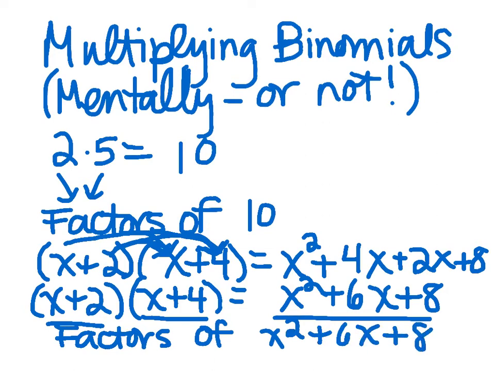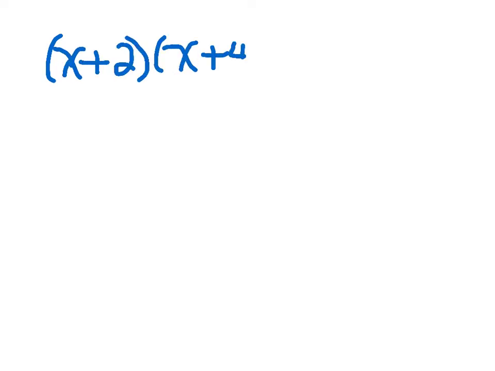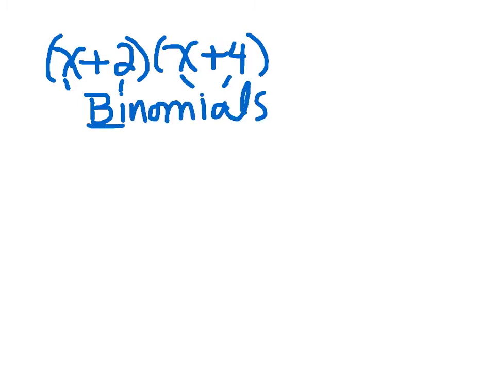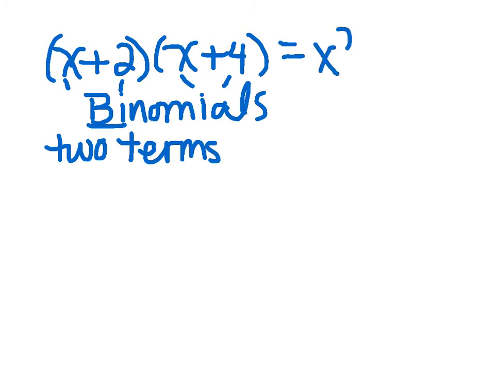Now, if I look at this a little bit more closely, looking at the vocab, we were looking at the problem x plus 2 times x plus 4. And since these have two terms, they're each called binomials. You know from your Greek and Latin roots that bi means two. They have two terms. And very often, when I multiply binomials together, as we saw in this case once we simplified, it equals a trinomial,